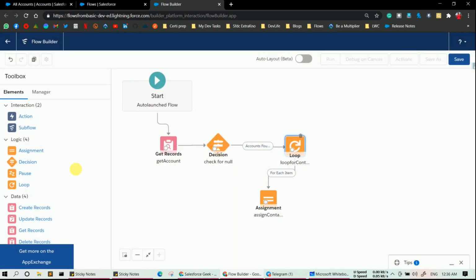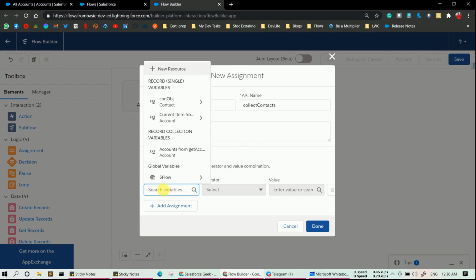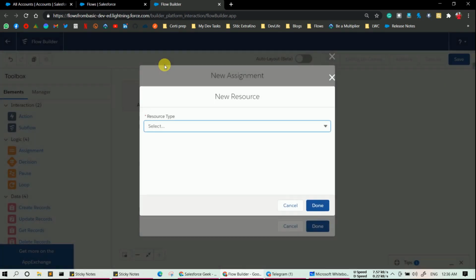Now you need to create another assignment, let's say collect contacts. API name will be automatically populated, and in variable you need to create another variable basically to store all the contacts inside the loop.